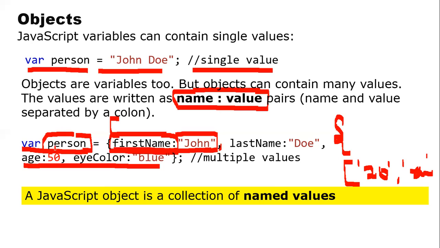Now here, remember, in case of objects, we also call an object a collection of named values. That means we'll have multiple values in combination with multiple attributes. For each attribute, one value will be there. Now remember, you can also have an attribute with multiple values by using arrays. If I use an array as a value, then it becomes multiple values for one particular attribute. For example, you may be talking about marks. If I want to define the marks for a student, marks is a set of values, so I put a box bracket and define them.